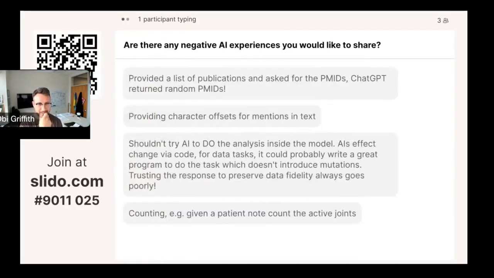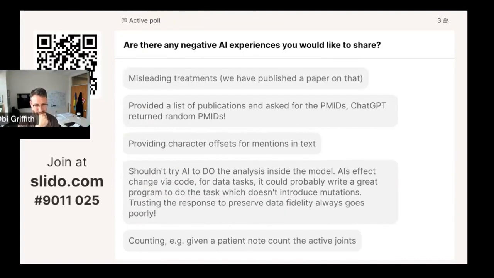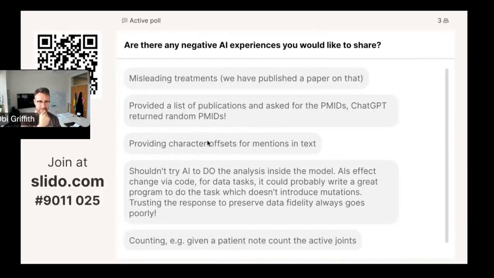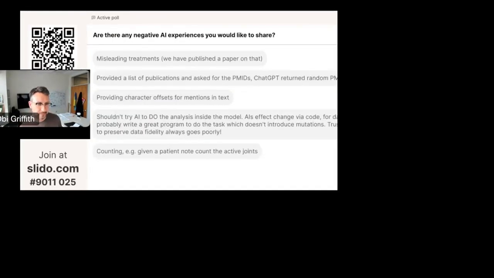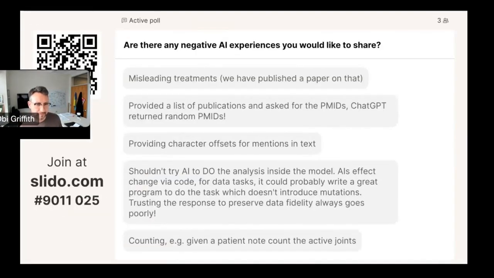It's gotten a little better over time, but certainly ChatGPT is very bad about giving you false citations and references, which is disappointing because then you're excited and then the paper doesn't exist. Misleading treatments, that's a very good point. The impact on healthcare is